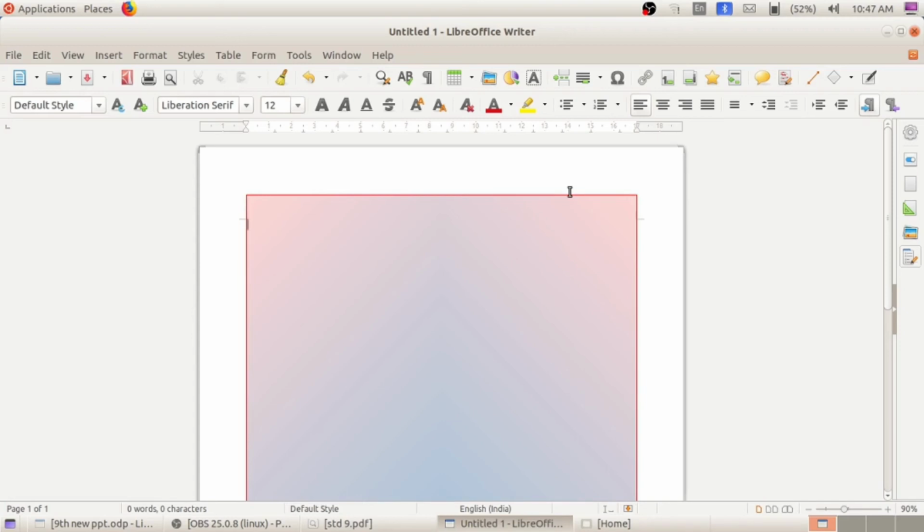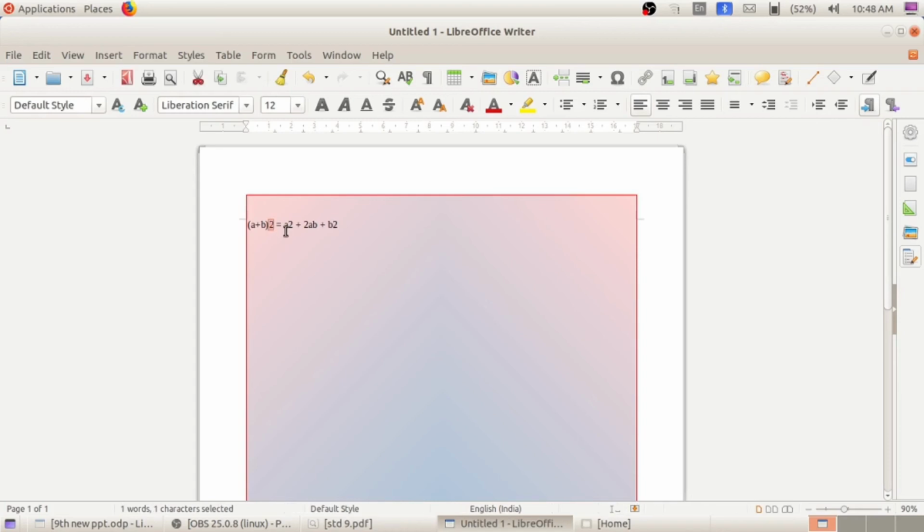Then let's start typing the subscript and superscript. How to type subscript and superscript? First you just type the equation. Then we have to change the number 2 to subscript. How to make that 2 a subscript? Select the corresponding number.